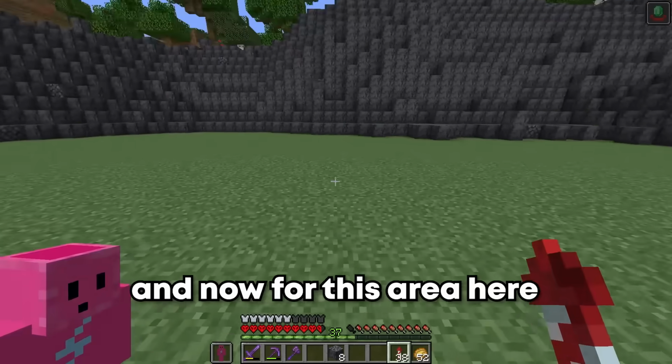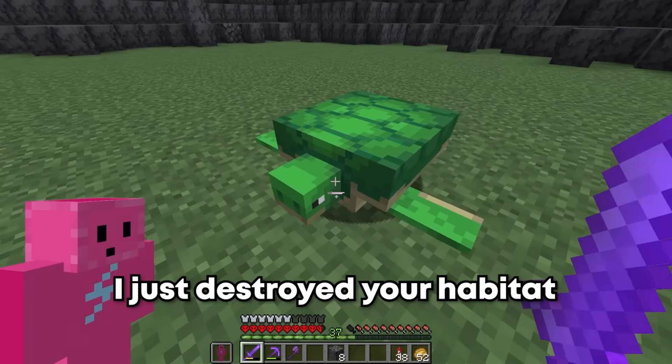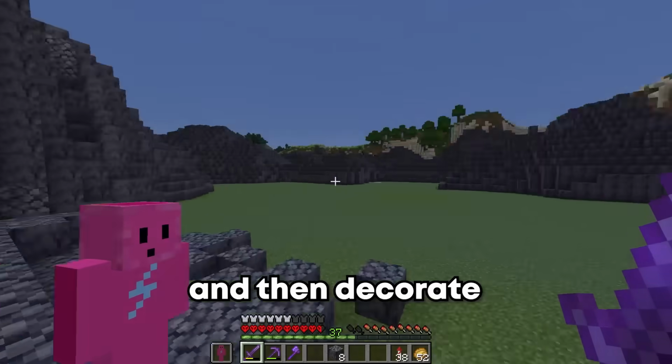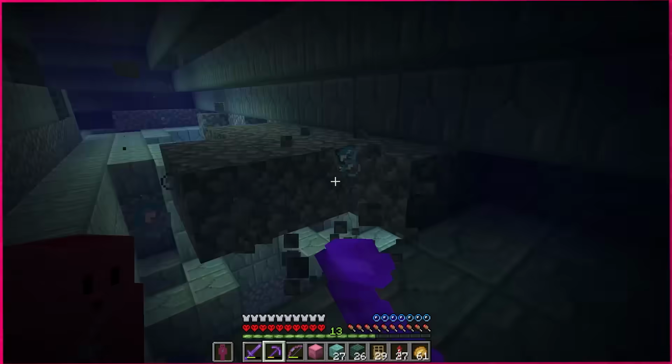And now for this area here. It looks flat, it looks plain, it looks ugly, it looks horrible. I just destroyed your habitat. I'm sorry for that, man. I want to build a part of an ocean monument. I'm just gonna build the top of it and then decorate around it. For now, I have no materials, so